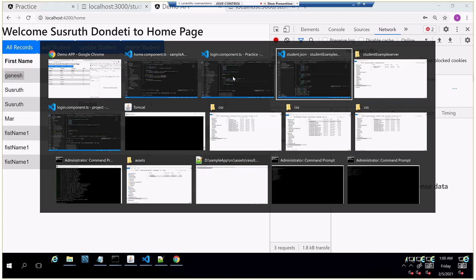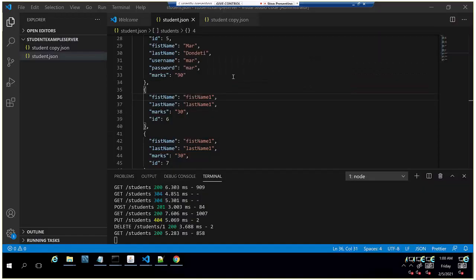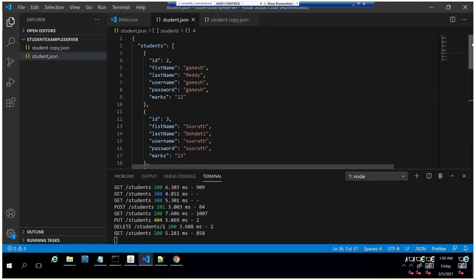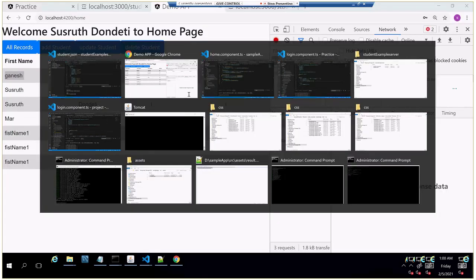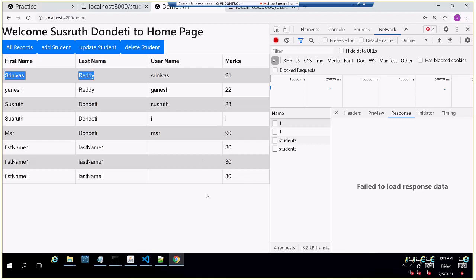Mark? Yeah, nothing, Srinivas. Go ahead. Okay. Actually, it deleted from the database itself, so it will not be restored. That's why I have taken a backup of this file. Now I reverted the change using Ctrl Z, and I saved the file again, so that it will refresh the page with the same data. Now we'll check the update call.